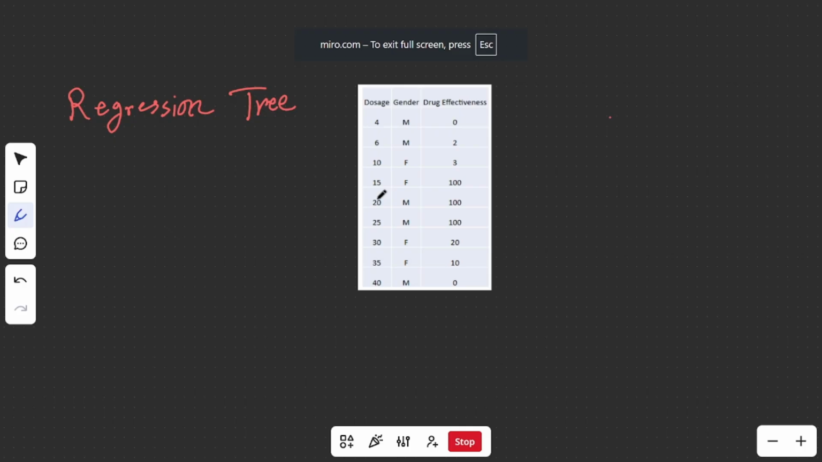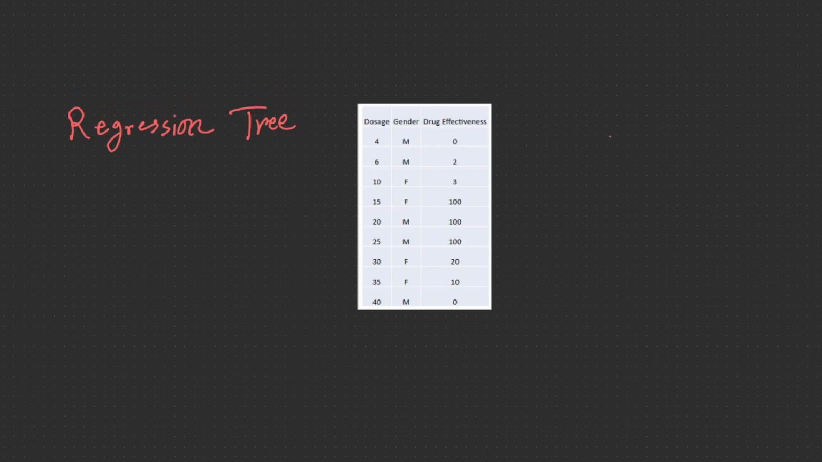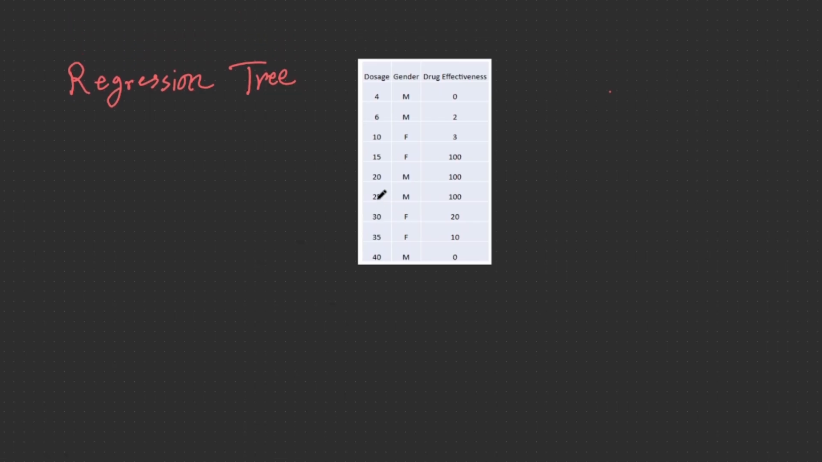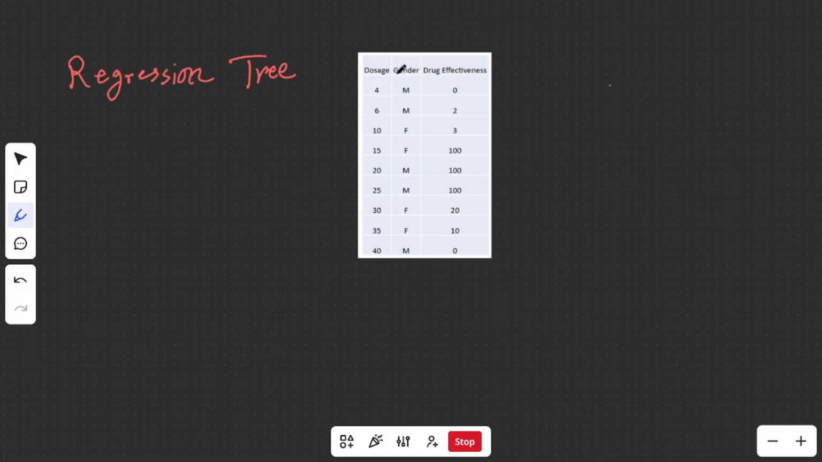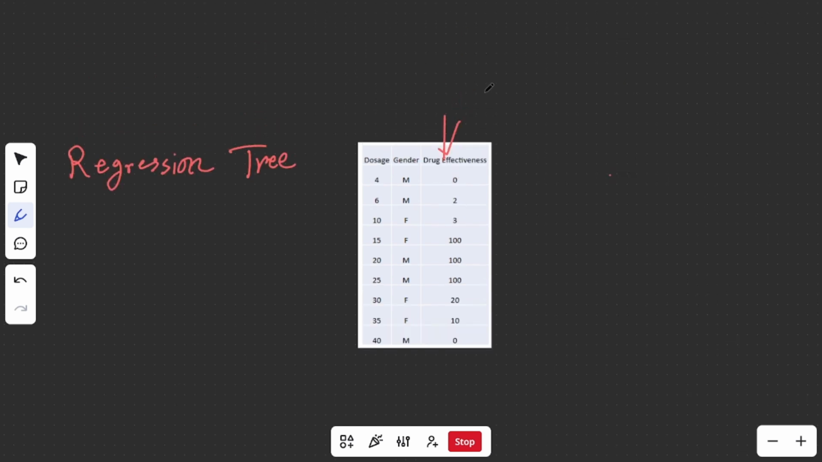So in the previous video we have seen classification tree. Now we will see how to create regression tree. Okay, here's the table. You can see doses, gender, drug effectiveness. So the target column is this. So we have to maximize the result. For that,